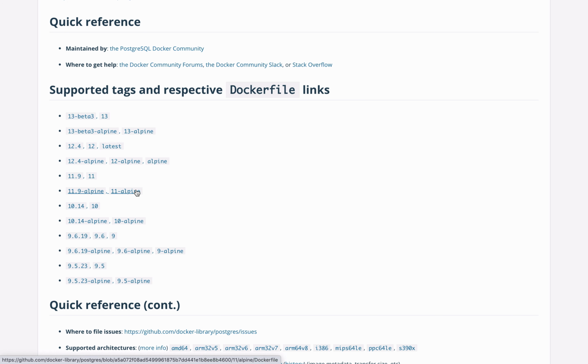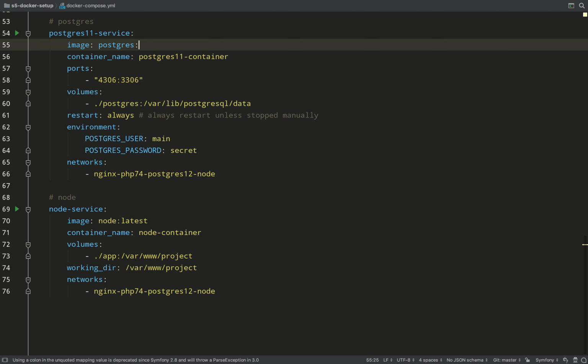11 Alpine looks good to me. Alpine means lightweight, minimal. So image: Postgres: 11-Alpine. Make sure everything else looks good. We actually need to do the ports. So for Postgres, it's going to be 5432 on the host and 5432 on the container. Everything else is good. In order for my Symfony application to connect to Postgres, I'll need to make an entry